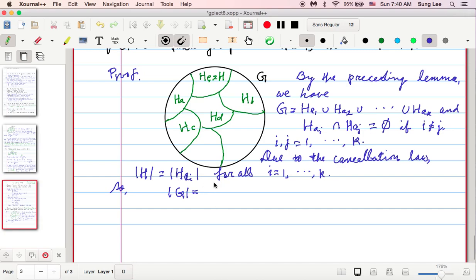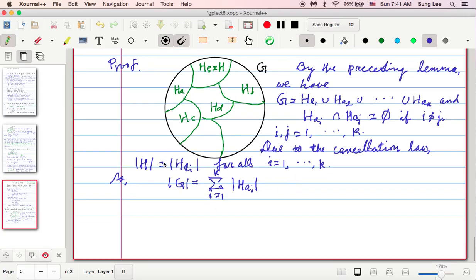So that's the sum, i equals 1 through k, of the order of h a sub i. And since the order of each coset is the same as h,